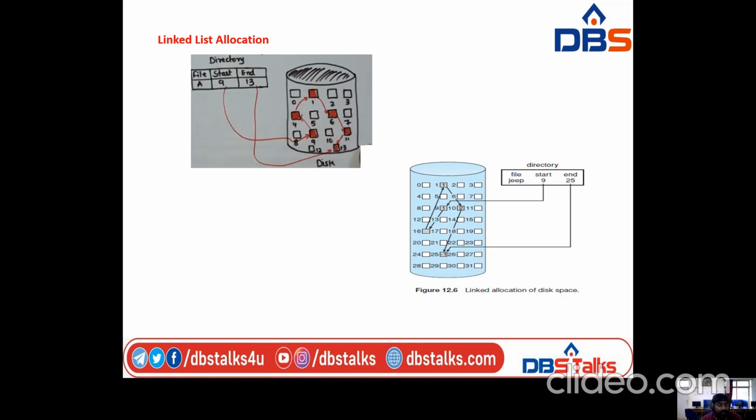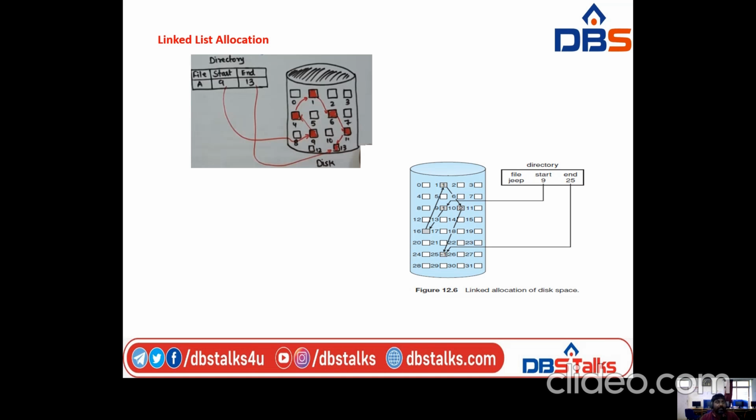Linked list allocation solves all the problems in contiguous allocation. In this linked list allocation, each file is considered as a linked list of disk blocks. However, the disk blocks allocated to a particular file need not be contiguous on the disk. Here there is no contiguity. Each disk block allocated to a file contains a pointer which points to the next disk block allocated to